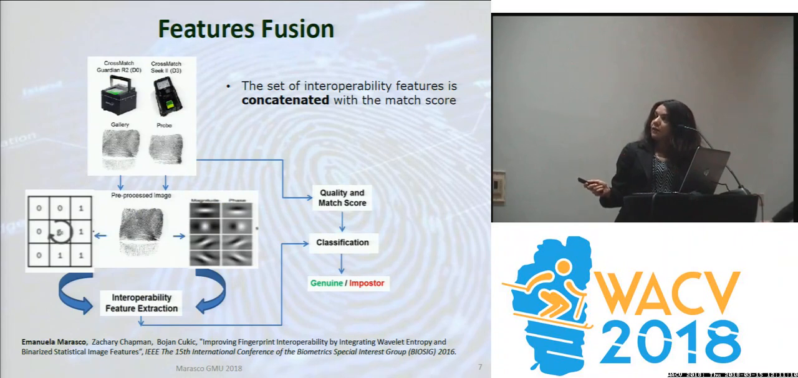Again, some more details on how we concatenate it. We do feature fusion. This is a case study where we use two different sensors for gallery and probe. We use the traditional matcher, so we obtain both quality and match score on the side, and in parallel we perform extra processing: LBP, LPQ interoperability features concatenated with the quality and match score. We have trained a random forest and then